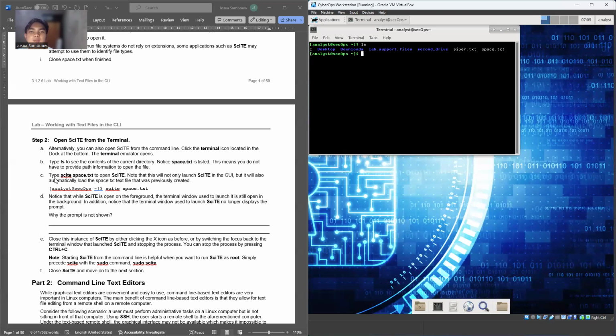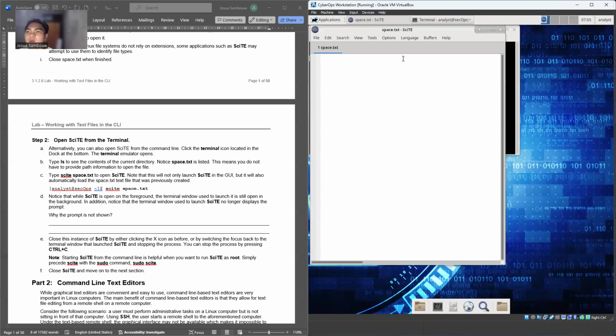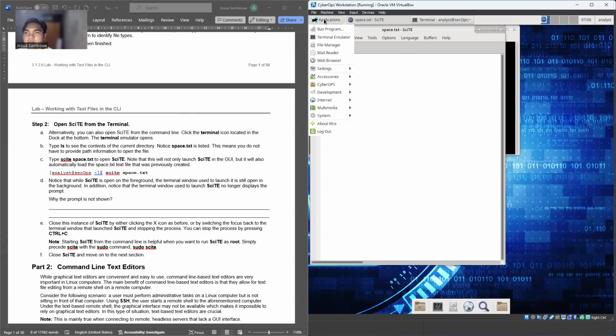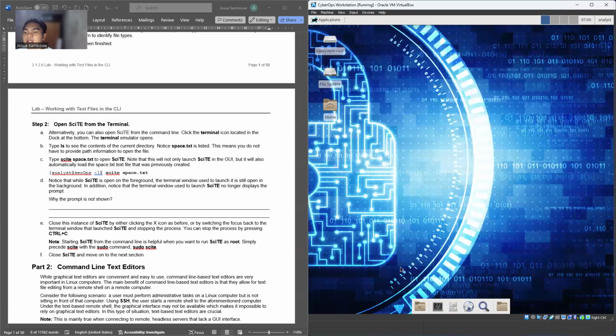Okay. Next step is type gte space.txt. Okay, we try gte space.txt and we enter. Wow, let's open the text editornya yang tadi itu GTE. Kita buka. Ini secara gampang kalau kita buka. It's preferable for us. Apakah kita mudah dengan menekan tombol saja, kemudian membuka CyberOps dan CTE, atau menggunakan terminal emulator.